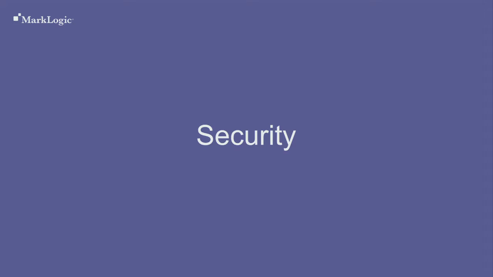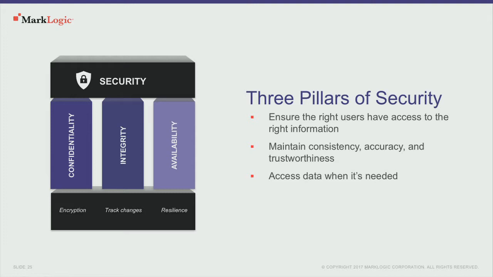So it's very important that as part of data integration to be able to have confidence that your data is secure, understood, and available. So what we've done is design security into MarkLogic from the beginning. This isn't an afterthought. This isn't something that's on our future roadmap. This is something that we've had since version 1 of MarkLogic. And the three key pillars of security are confidentiality, integrity, and availability. So confidentiality is ensuring the right people have access to the data, and only those people have access. Integrity is about maintaining the consistency and importantly, the trustworthiness of that data. So being able to ensure that your data is correct and accurate.